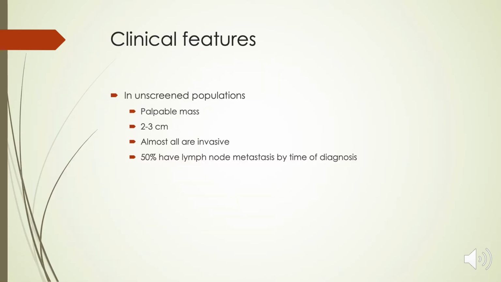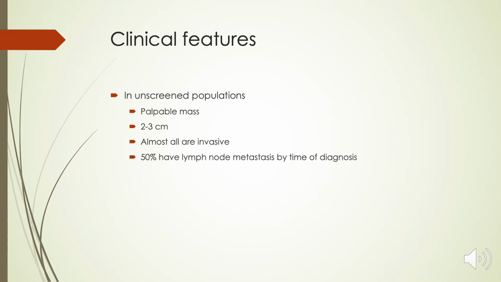The second part of today's talk is the clinical features. And there are some differences between screened populations and unscreened populations. To be clear, screening means mammographic screening for women at the age of 40 or older. In unscreened populations, the typical presentation of breast cancer is palpable masses. And for the mass to be palpable, it has to attain 2 to 3 centimeters of size. In that case, almost all of these are invasive, and 50% of them will have lymph node metastases by the